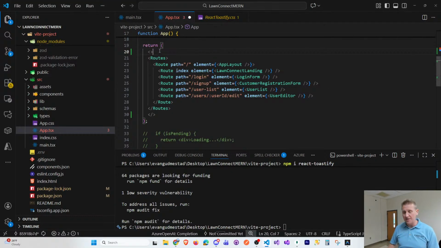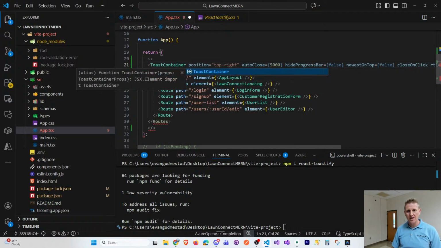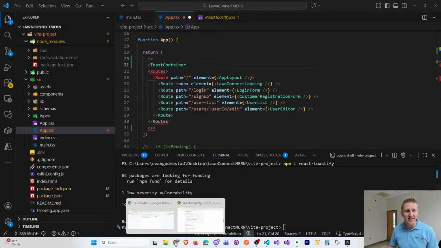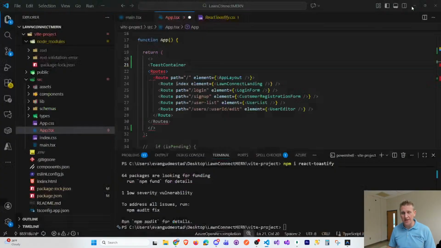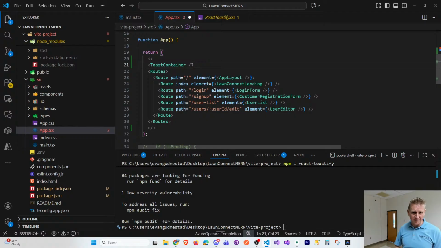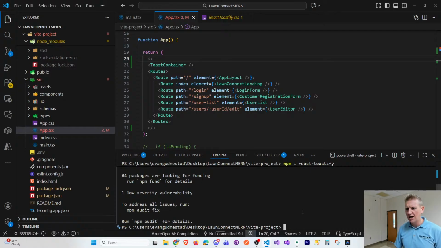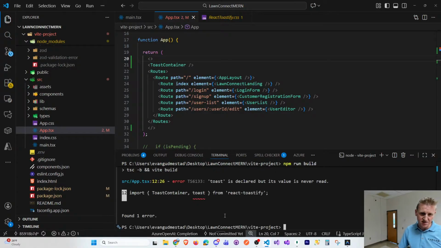This is just a React trick to force a singular parent node. And this is where I'm going to put the ToastContainer. You can go back to the docs and configure your ToastContainer with these different settings. Maybe the position of bottom right. But let's just close it off, and let me show you the error that I got when I was first coding this. If I do an npm run build at this point,